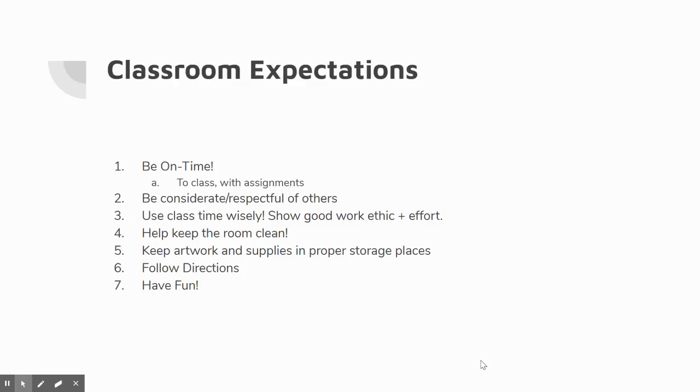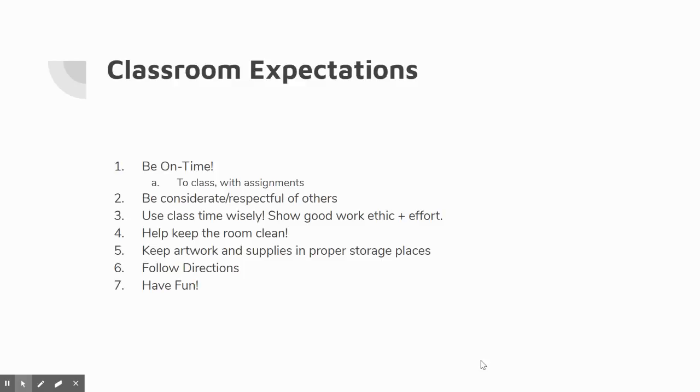Number 4 is to help keep the room clean. We have a lot of students that come in and out of this classroom. It's very respectful for everyone to keep the room clean. I'm going to be sanitizing our desks between every class. I ask that if you make a mess on your desk, like you spill a bunch of paint, or if you have a bunch of little eraser bits all over the place, that you clean that up before class ends. Usually we'll have the last 15-20 minutes to clean up depending on how many supplies we have out. So if you can just wet a paper towel, wipe that stuff off before I come around and sanitize,